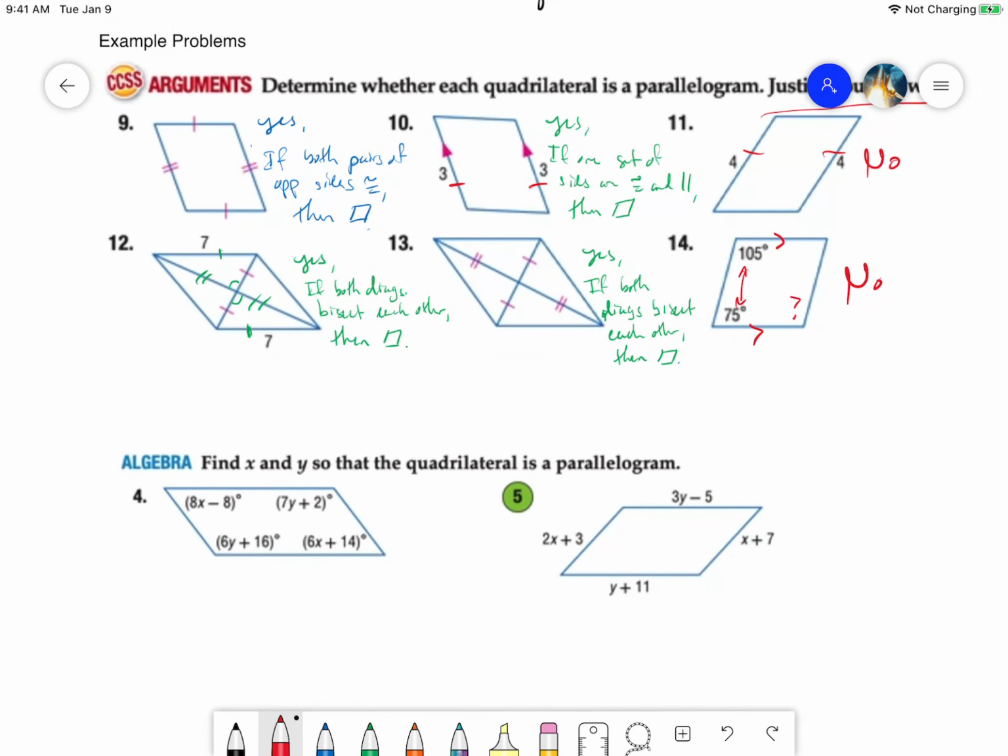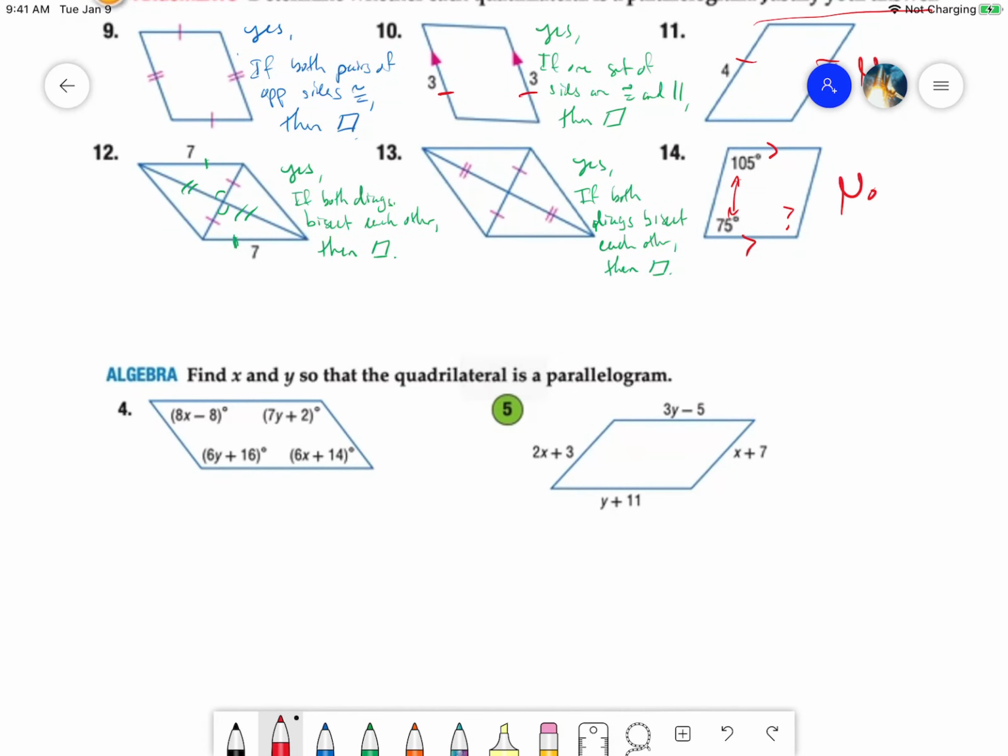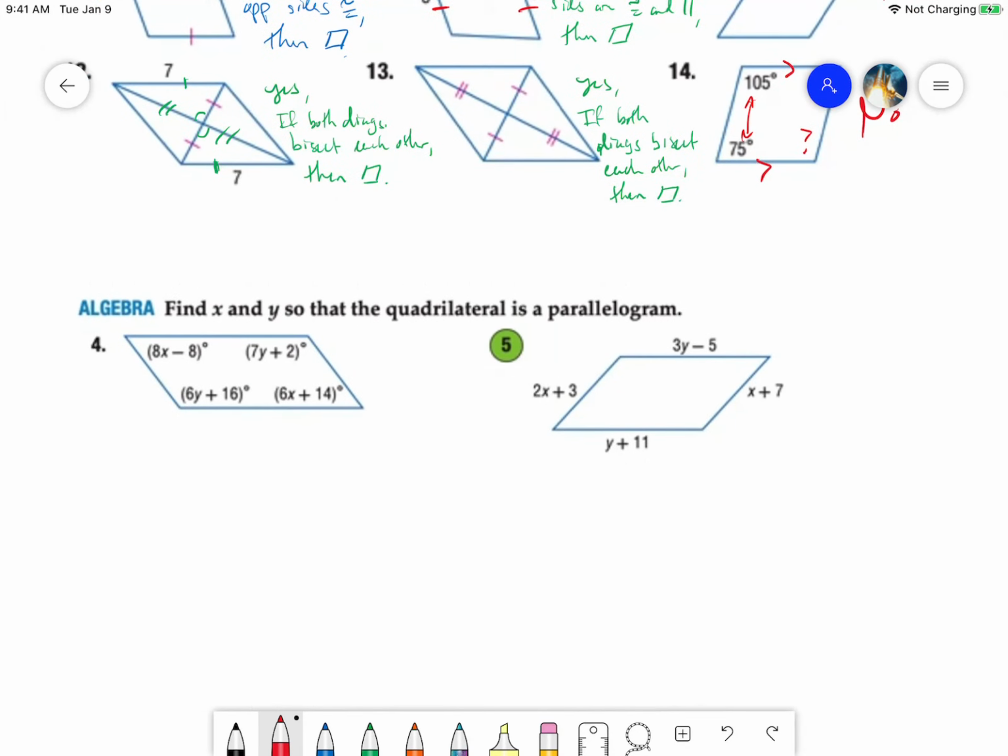For number 4, for these next two, we're going to find x and y so that they're both parallelograms. So different than the examples that we've seen in the past, we're not assuming that these are parallelograms already. So what we have to do is ask, what do I need for these to be parallelograms? Well, since we're given a whole slew of angles in here, rather than try to make them all supplementary, we're going to say,